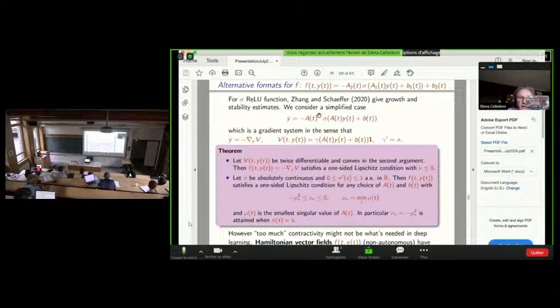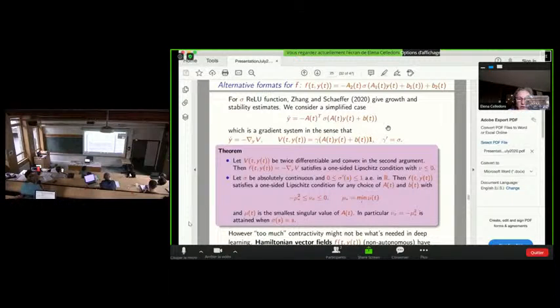This vector field is a gradient system in the following sense, that y dot is equal to minus the gradient of V with respect to y, but V depends both on t and y, so it's non-autonomous in this case, and in particular it has this format here. It's a function gamma applied to the vector A of t times y plus b, multiplied with the vector of ones, so summing up all the components. And gamma is here nothing but the integral of sigma.